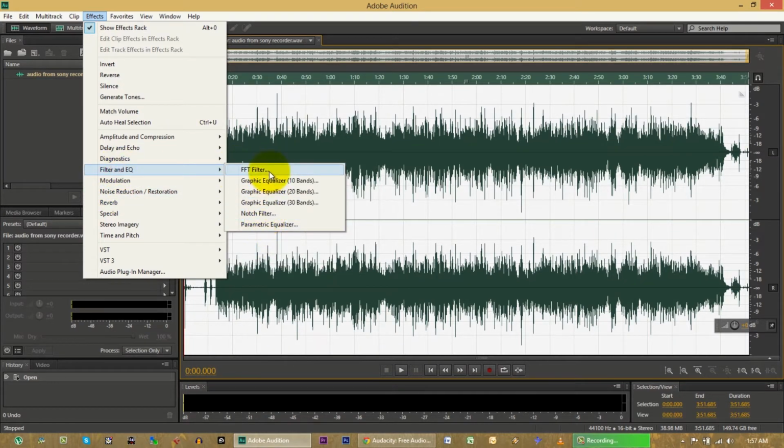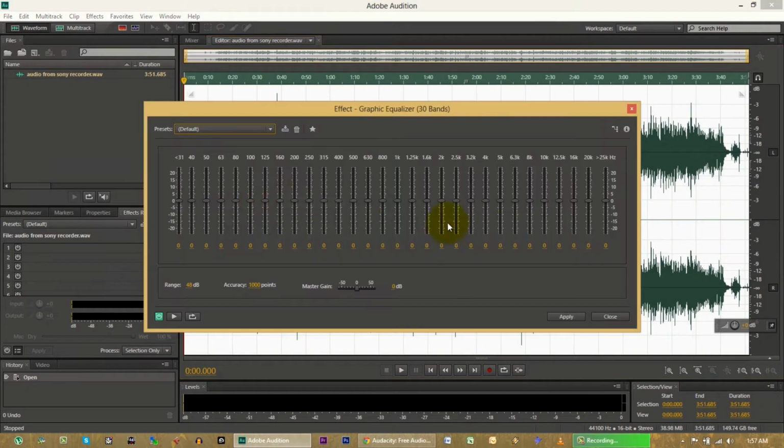Okay, there's a couple different types of equalizers out there. There's what's called a graphic equalizer, and this is probably the type of equalizer that a lot of people are used to seeing. If it was a physical piece of equipment, it has all these levers, and each lever controls one frequency band. And so what you can do is move things up and down with this. We're going to come back to that. A graphic equalizer is a good thing.